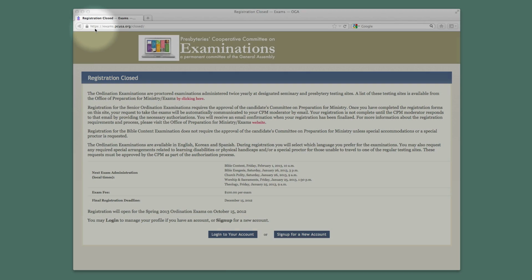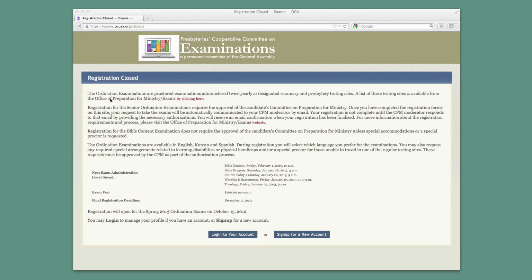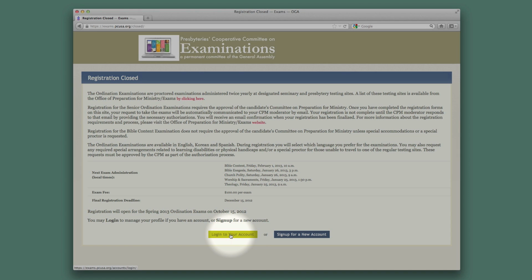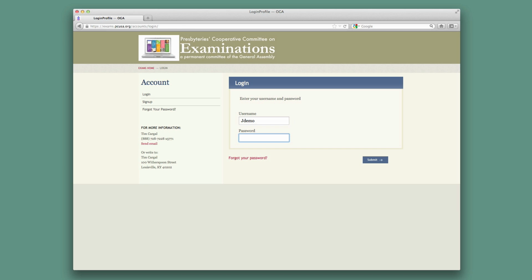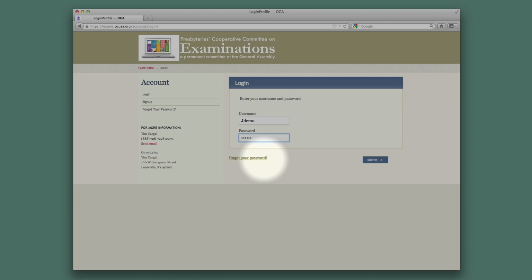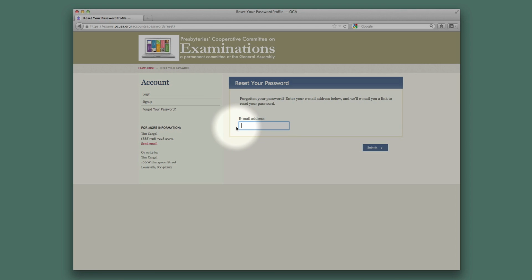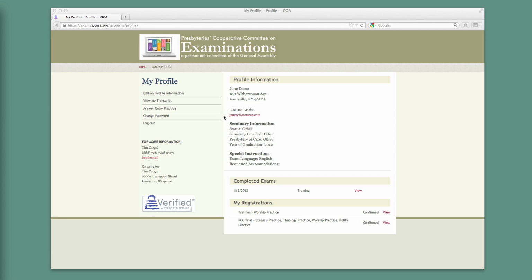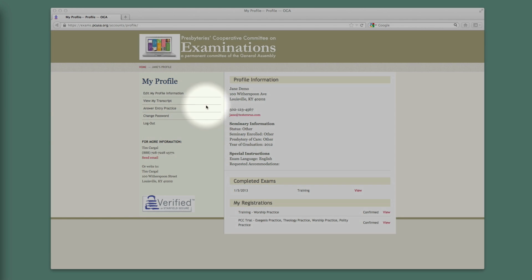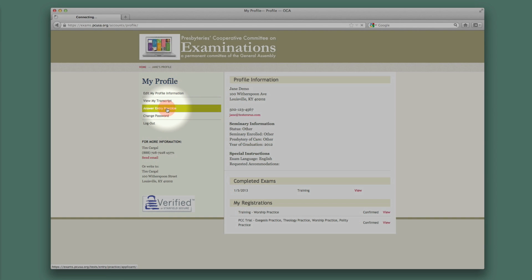The link to the practice area is found on your My Profile page on the exam site. Open your browser and go to exams.pcusa.org. Click on the Login to your account button, and then on the Login screen, enter the username and password you created when registering for the exams. If you don't remember your username or password, click on either of the Forgot Your Password links and follow the instructions to reset the password. Once the profile page is opened, click on the Answer Entry Practice option from the menu on the left side